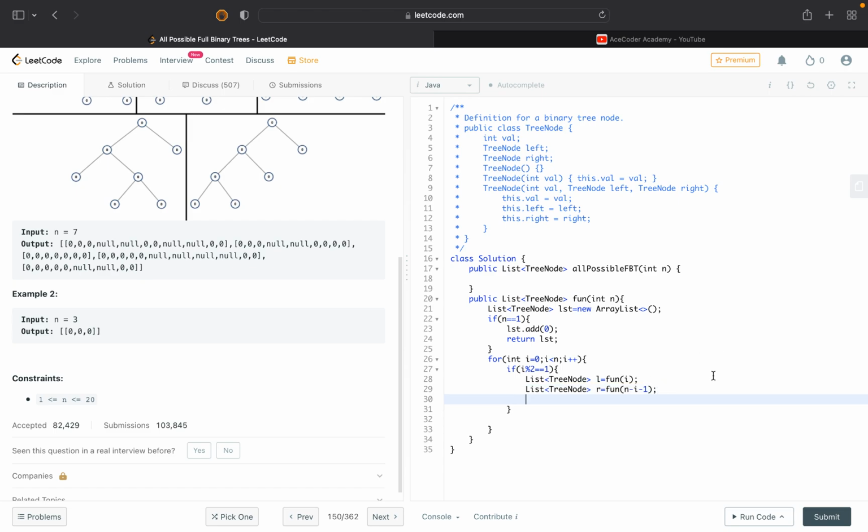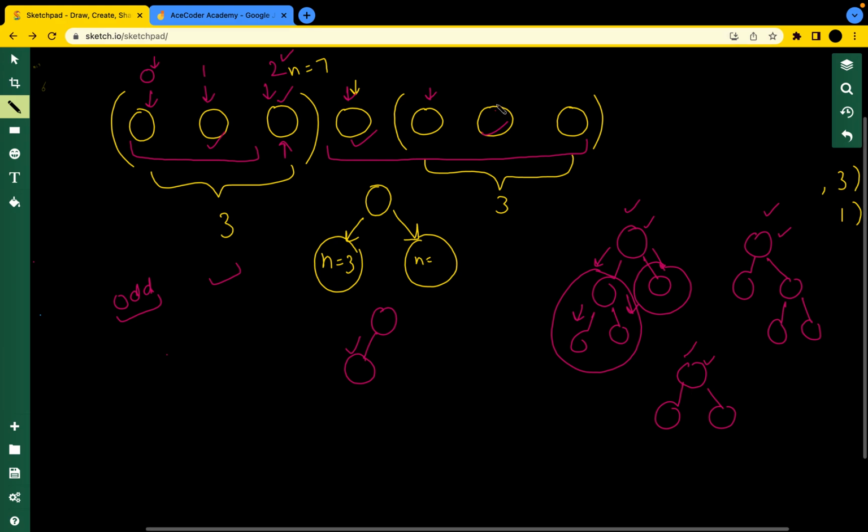Right? So now what we will do is, since we have all the confirmations for the left subtree and all the confirmations for the right subtree, then the total number of confirmations for this particular node that we are iterating is, like if we are standing on this node, right? So for this node, it will have an answer for this subtree, and it will have an answer for this subtree. Got it? And let the answer for this be 5 for the left subtree, and the answer be 3 for the right subtree. So now if we want to calculate the answer for this particular tree, what we will do is,